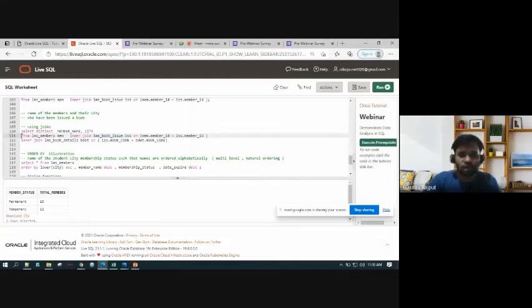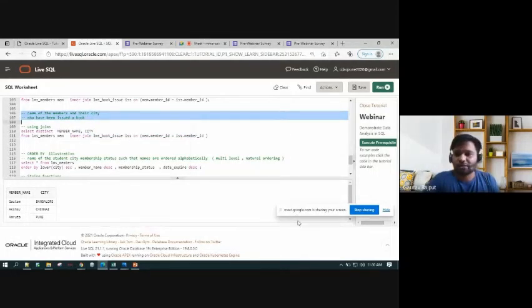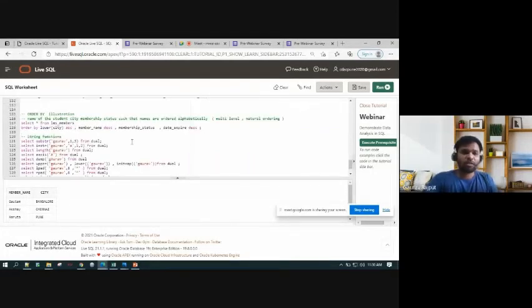So that's the need for joins here, and I'm doing an inner join or an equi join on whichever column is present in both the tables. And then we also don't need this. So if I do something like this, I will just get the name of the member and the city, because only when a book is issued will you have an entry of that member here. So just doing an inner join will help you solve that problem, the names of the members who have been issued a book. So that's something about the joins.